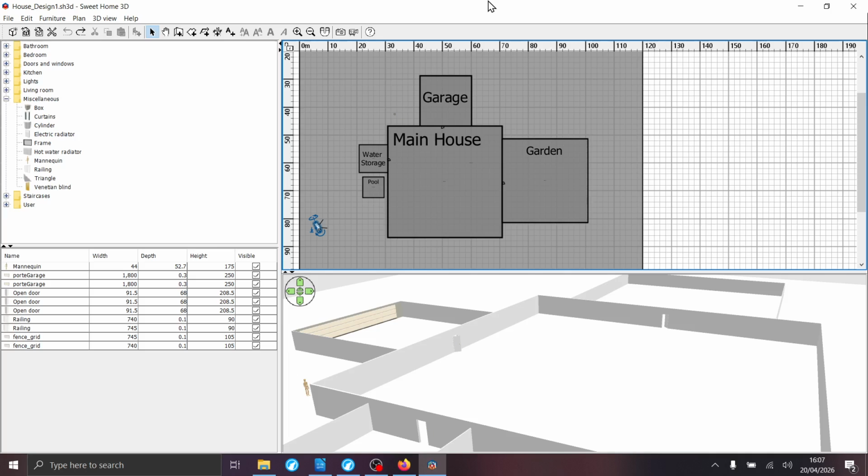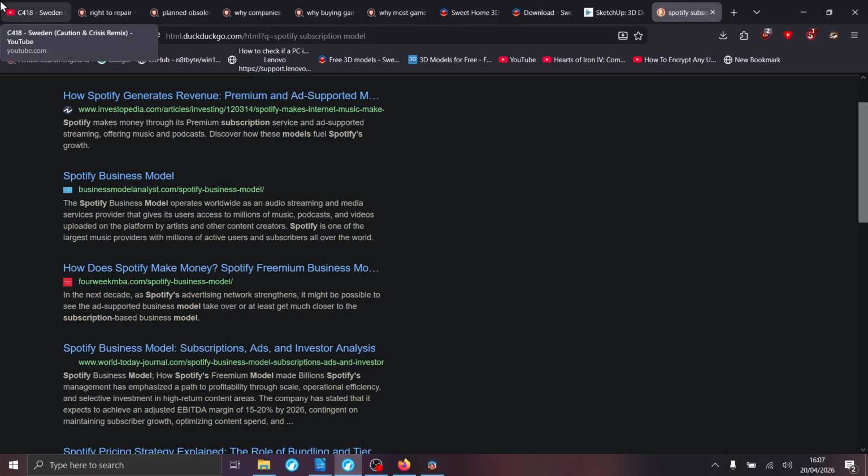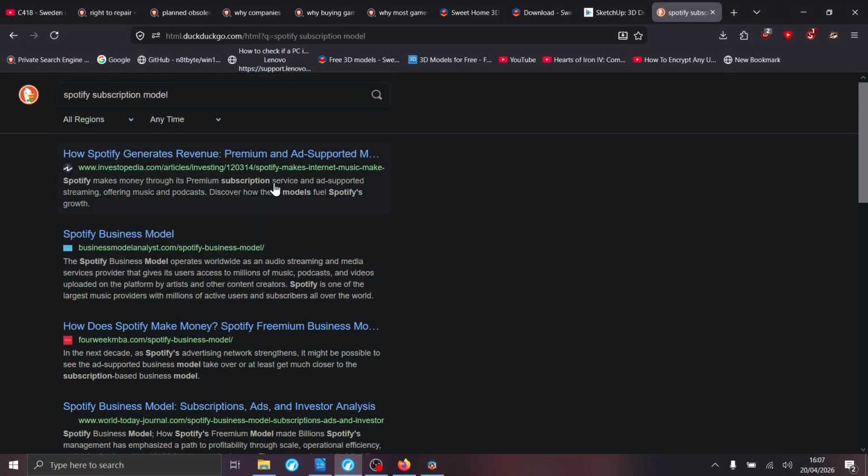Someone can just bring a recorder with them, and there's nothing we can do about it. So the best thing we can do is put our music in a place like Spotify, so people will listen to our music and we get some royalty, some kind of revenue.